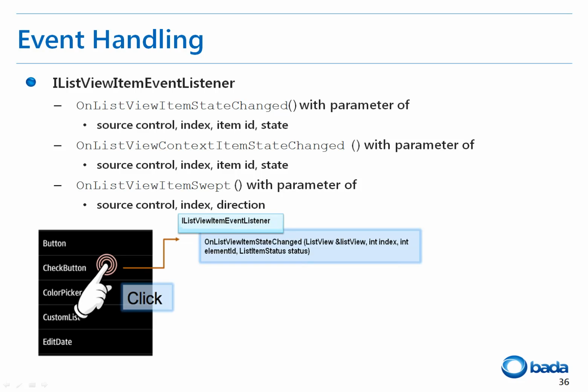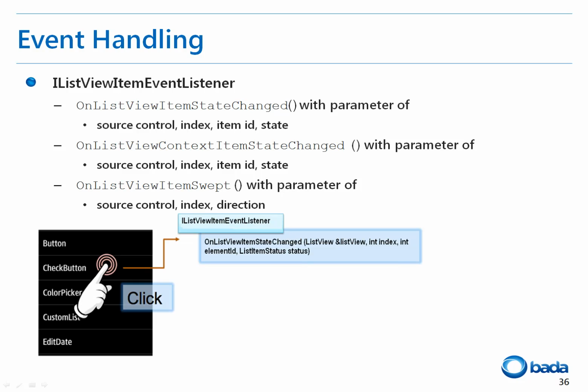The source control parameter is the list. A list view also provides notifications of swipe events of list items through the OnListViewItemSwept callback. Context items become visible after a user swipe, and a user click on context items provides the